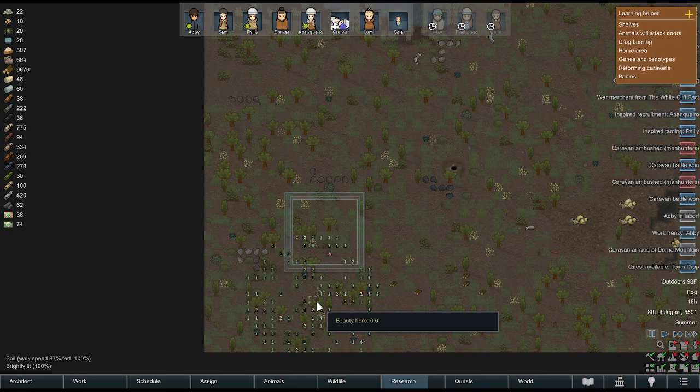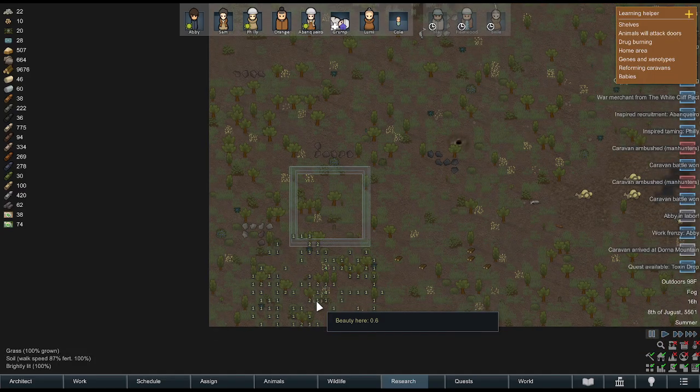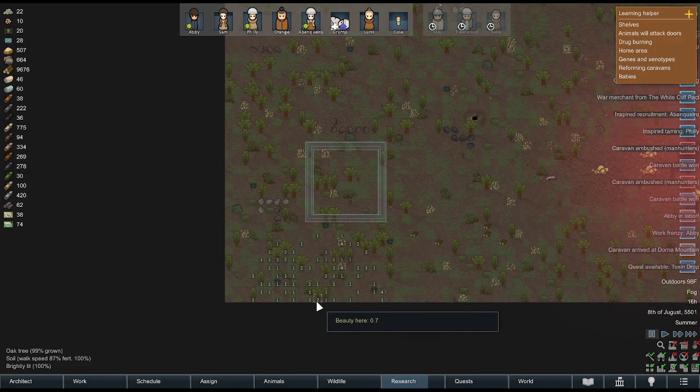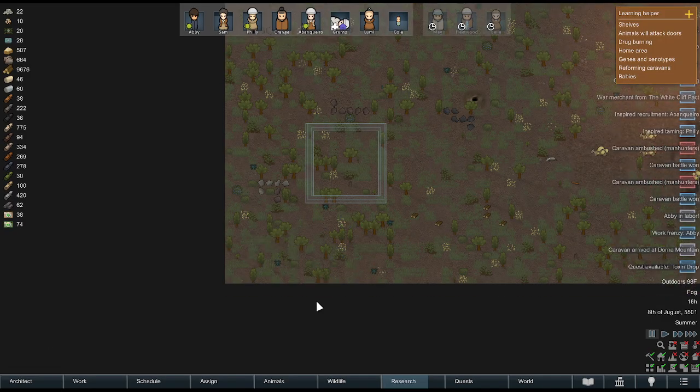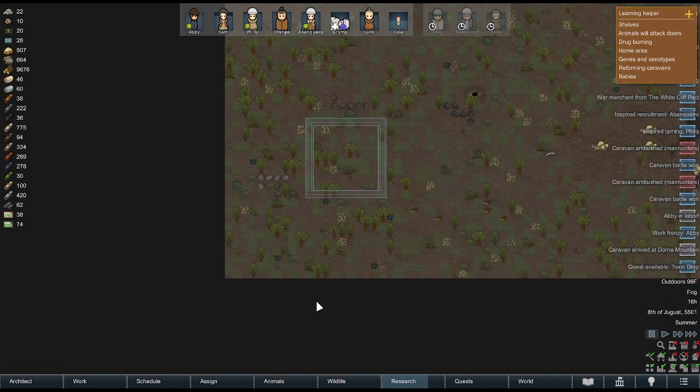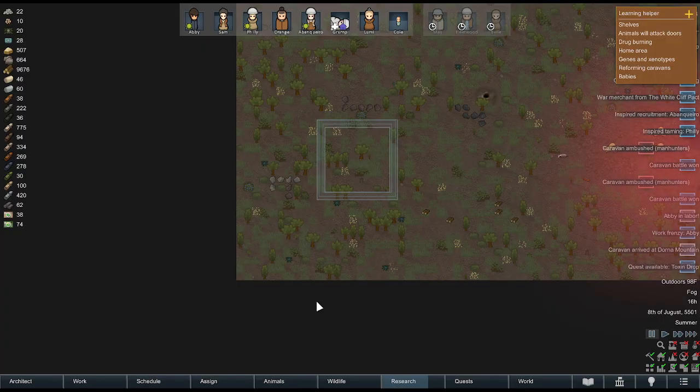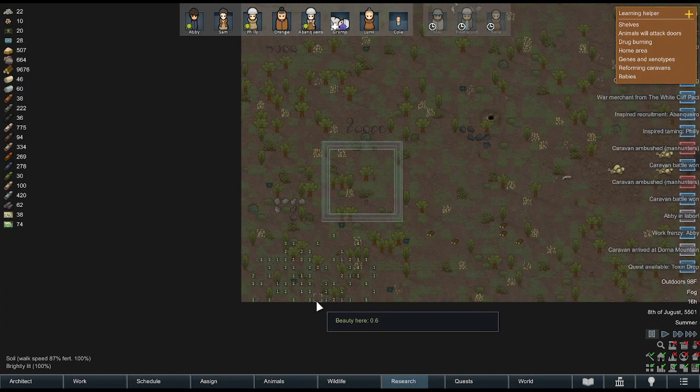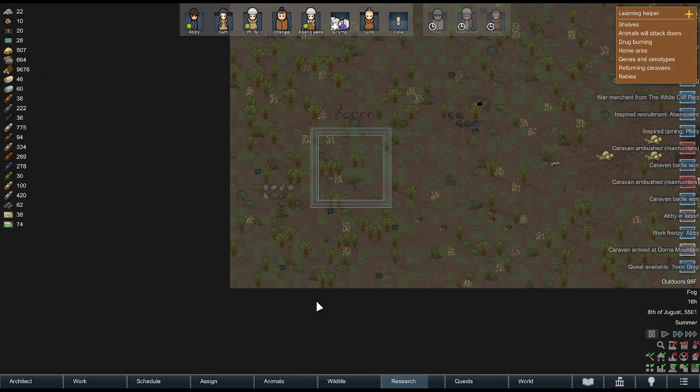Before, when you wanted to build buildings and there were trees inside, it was very difficult to find all the trees. It was a pain in the ass. But now we don't need to find the trees. We just need to know that there are trees there. Here, I'm actually going to demonstrate